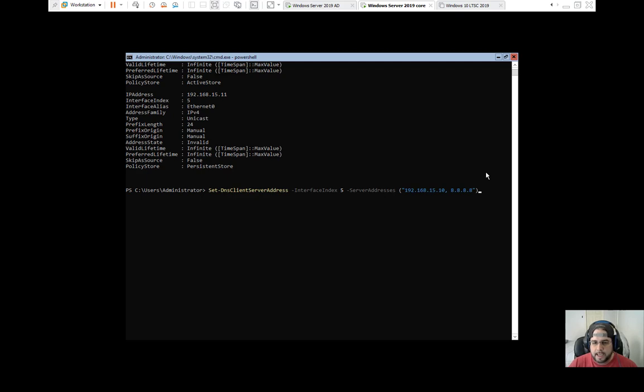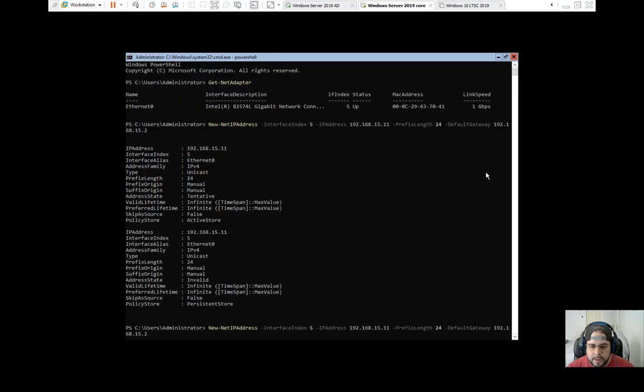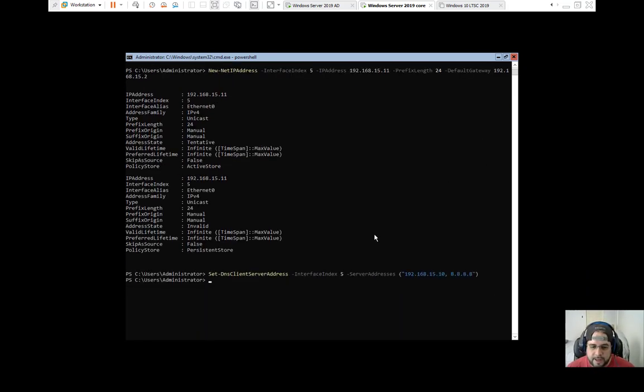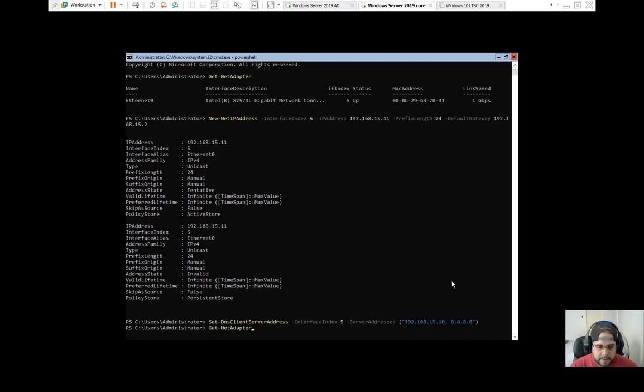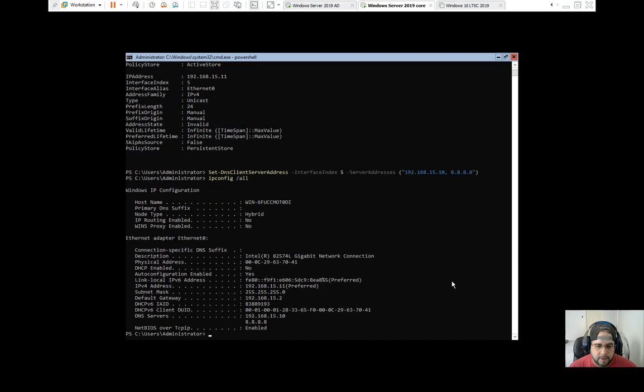Again, it can take a couple of tries. It's not really the most responsive thing, as you can see there. But once you get the new line up here, that means everything has been applied. Now you want to check this. So again, ipconfig /all. There's the DNS server, there's the default gateway, there's my preferred, DHCP is turned off,